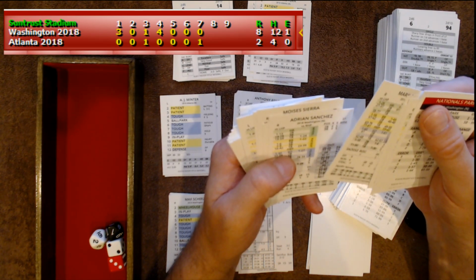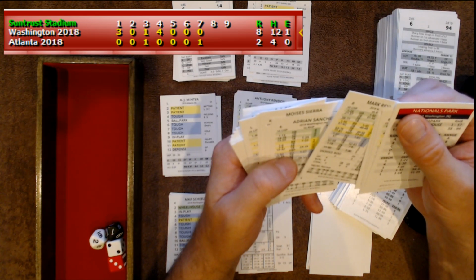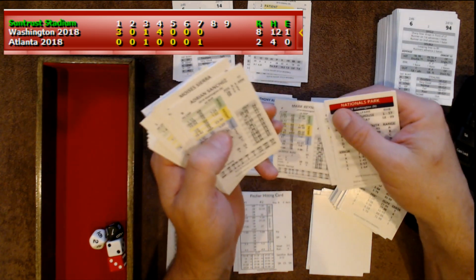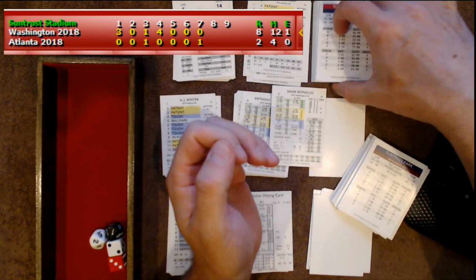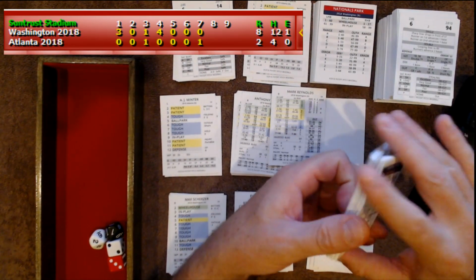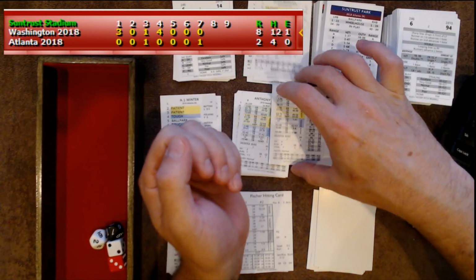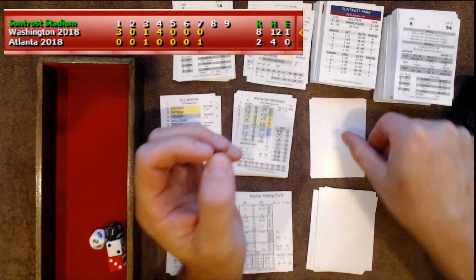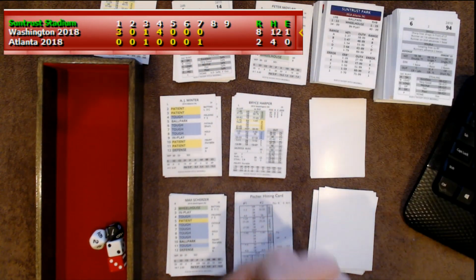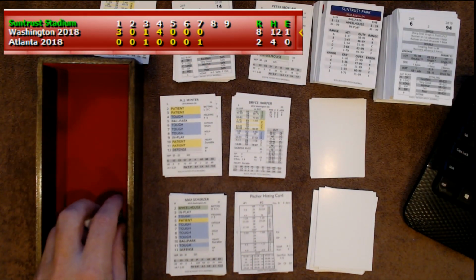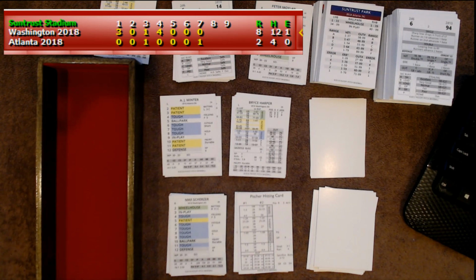Let's see who played more games. It looks like Mark Reynolds actually played more, so we'll pull him in. Mark Reynolds will be taking over for Anthony Rendon, and we'll flip him over. Rendon, you're out for arguing balls and strikes. We'll have to remember to put him in at the beginning of the next inning. So I don't think... let me look and see.